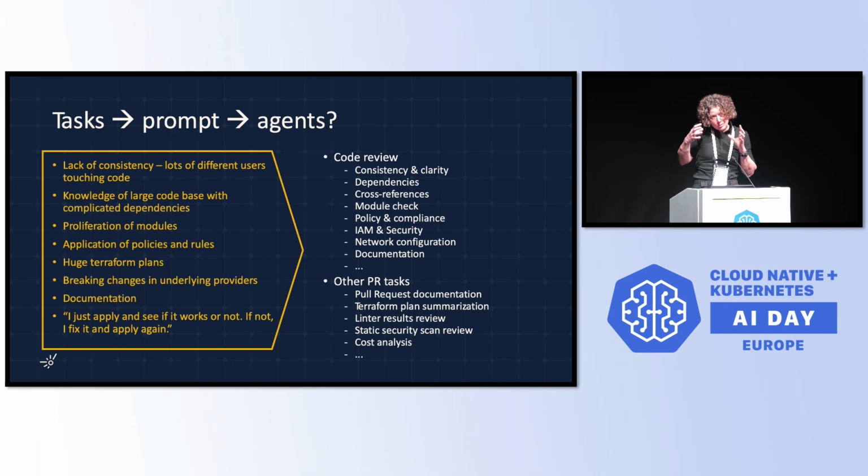So if we break that down a little bit, we find at least that we've got a whole bunch of code review tasks that need to be done. And then we have a number of other tasks that are also important or valuable to the user and have been causing toil. So maybe those other tasks, they all look kind of siloed. These are nicely segmented into something that I think individually an agent could perform on its own.